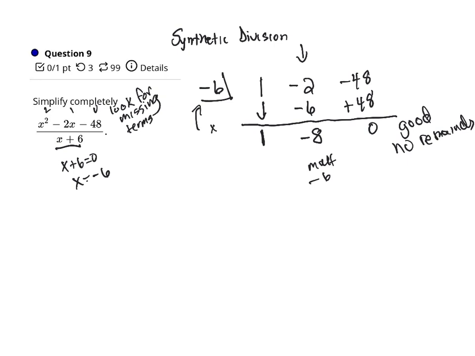Now, when you write this, we started out with x squared. This takes it down 1, so this is not x squared, this is x. And then constant term is -8. So our answer is x minus 8, and we don't have a remainder. So again,